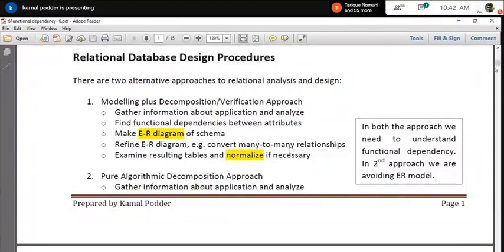Then find the functional dependency between the attributes. You have to find that out when you are understanding the relationships, and by understanding the semantics of the attributes. You have to understand all the attributes. That is very important, and only then can you find out how these attributes are related to each other. You have to understand the meaning of those attributes, analyze their values, and check how one is dependent on another.